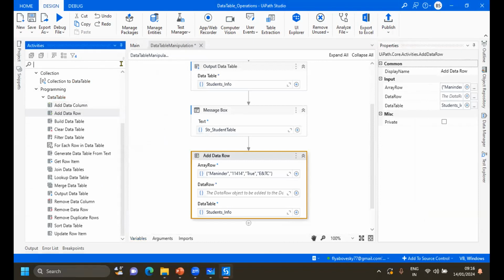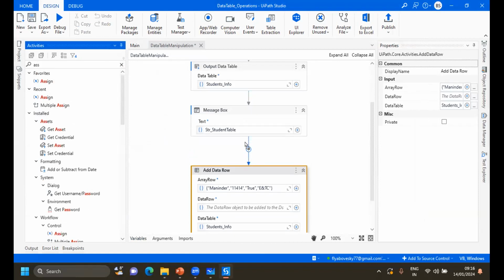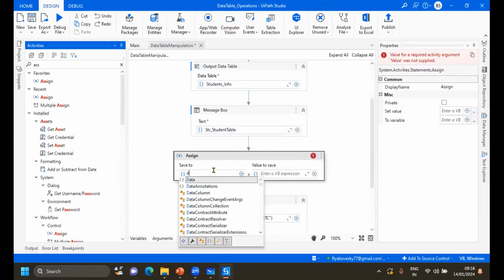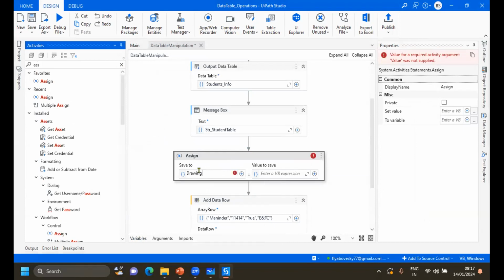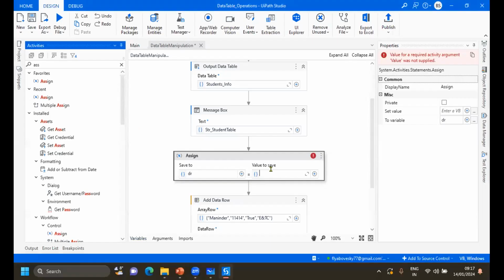Now the second thing I need to do is take an Assign activity. Why am I taking the Assign activity? Because I have created the data row variable, but what will be the structure of this data row variable? To give the structure, I will create this data row variable from the student info structure. That means new student,